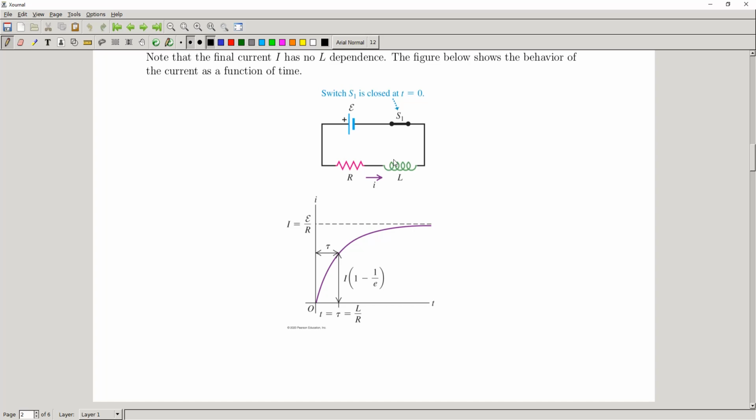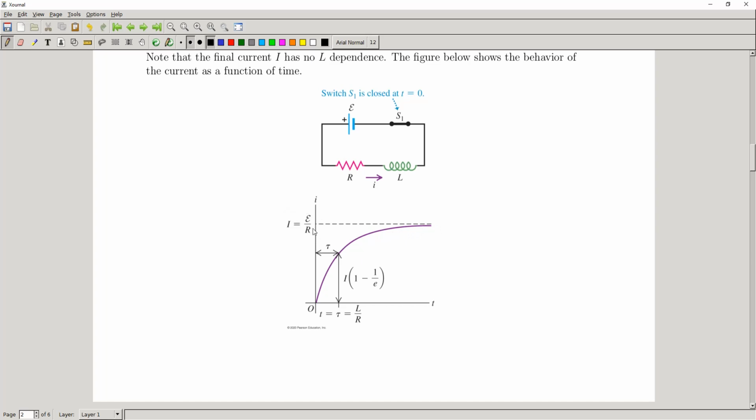What would this plot look like? Well, it would look like this. There'd be no current before we turn on the switch. We turn on the switch, current flows. That's it, right? But in this case, our inductor slows this process down, and we asymptotically approach the maximum current